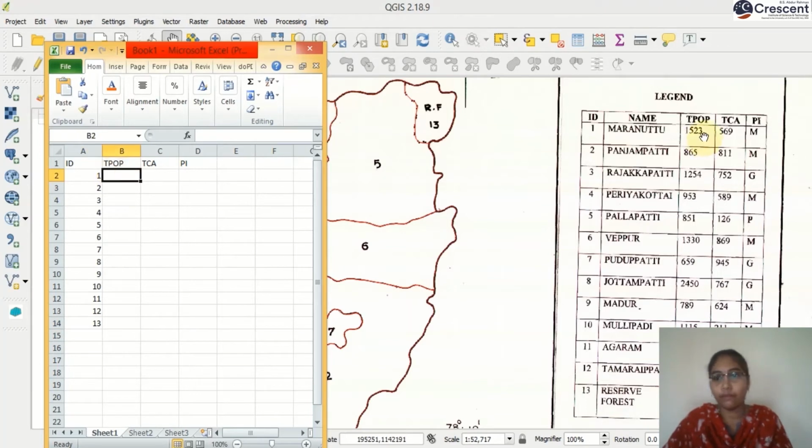Next the TPOP 1523. Just enter all the values as per the scanned TIFF.